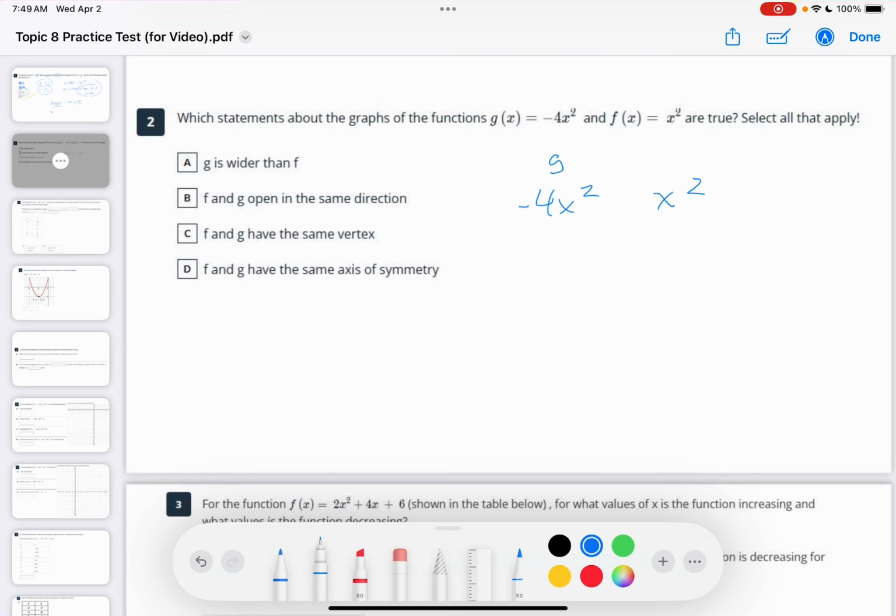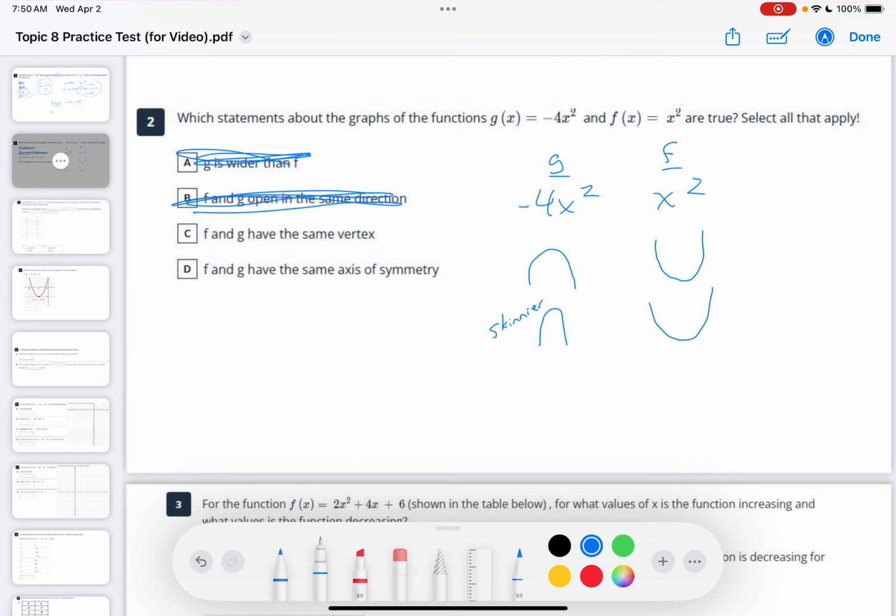So this is G, this is F. What would we know about G? Well, G would open that direction versus F that would open up. G is going to be a little bit skinnier than F because it's negative 4. It's a larger absolute value. So G is wider than F. That's not true. F and G open in the same direction. That's not true. Now, having the same vertex,